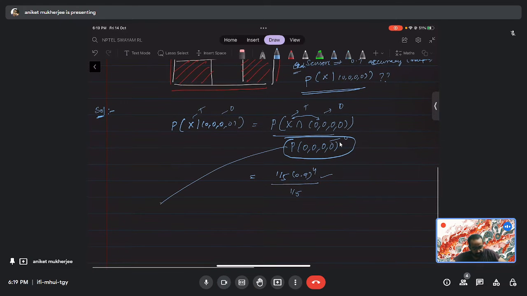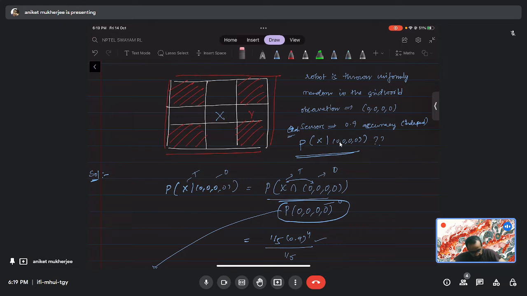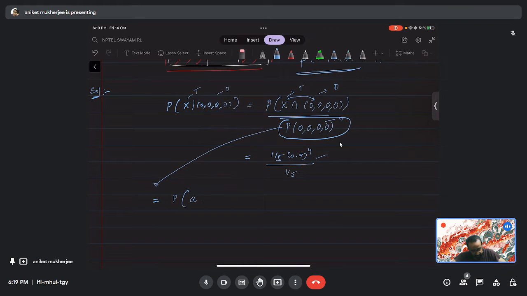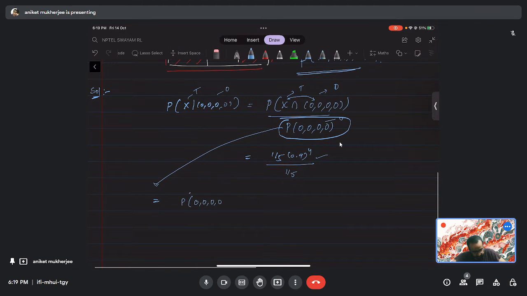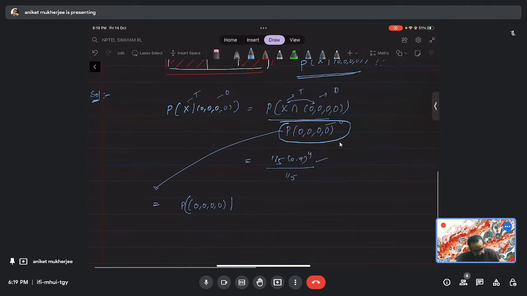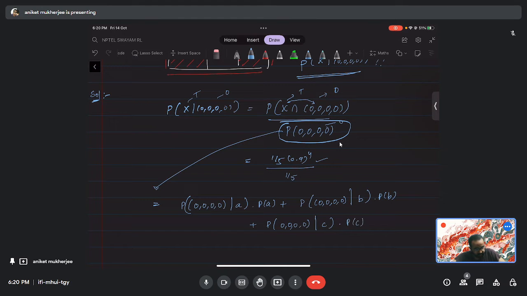So this is actually equal to the probability of I land... Okay, let me call these A, B, C. So the probability of me landing at A and getting 0, 0, 0, 0, into probability of B. Okay, so the total probability is actually the probability of getting 0, 0, 0, 0 given I have landed at A into probability of A, plus the probability of getting 0, 0, 0, 0 given I have landed at B into probability of B, plus the probability of 0, 0, 0, 0 given I have landed at C into probability of C,